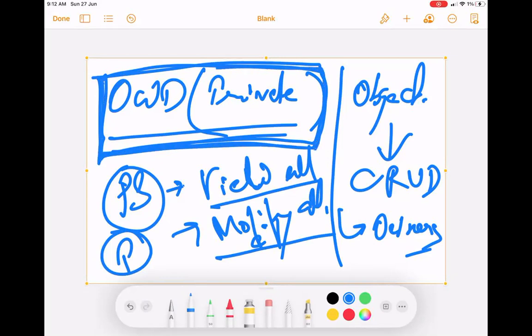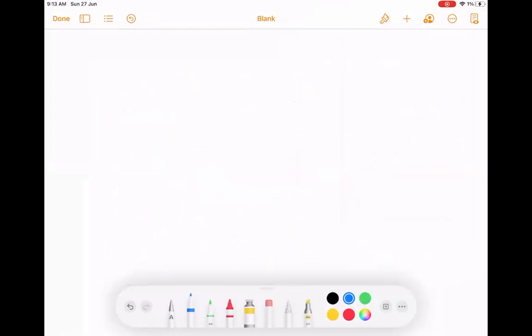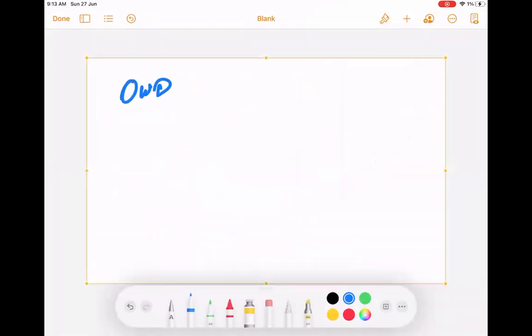Now the problem is, if you give view all or modify all permission on a profile or permission set, then you can see everybody's record on that object. Every record is available to you. Right? There is no conditional logic. The person with view all or modify all can see everybody's record on that object. But usually the situation is not required like that. Even if the OWD is set to private, you want to show some people some records.